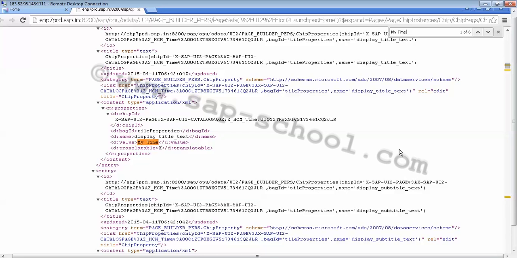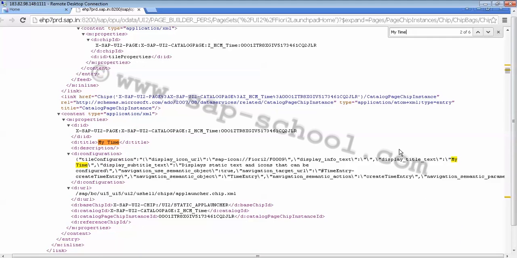If I click on enter, I can see the different occurrences of My Time app here. So OData is the same with HTTP request and HTTP response. So here we just understand that the OData service request and the response has some data.